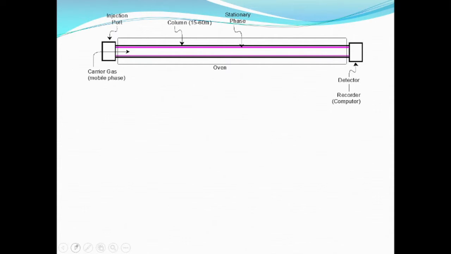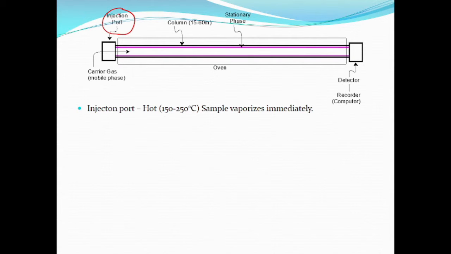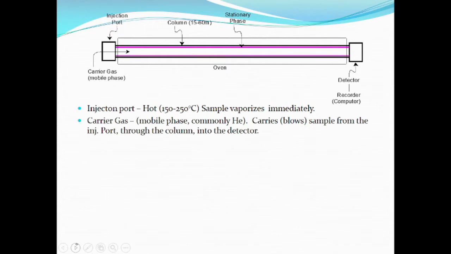This is a simple schematic of what's present. We start with an injection port. So your sample is injected into that port. It is kept quite hot, so your sample will vaporize as soon as it gets into that port. We are constantly pushing a carrier gas through that port, commonly helium, although we are using hydrogen in ours, but